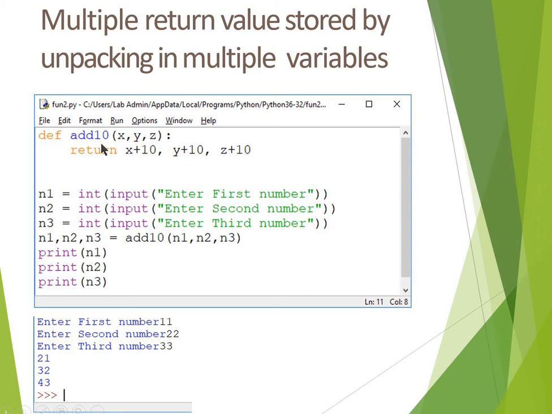The first return value is stored in n1, the second return value y plus 10 will be stored in n2, and the third return value z plus 10 will be stored in n3, and you are printing everything separately. So 21, 32, 43 will be the answer if the input is 11, 22 and 33. So this is multiple return values stored by unpacking in multiple variables.